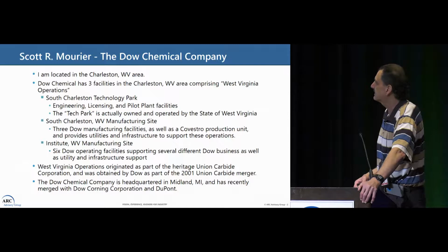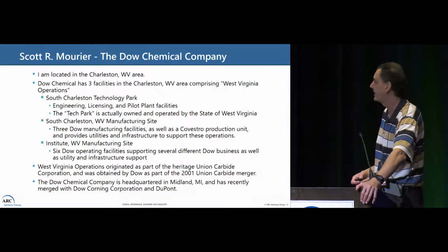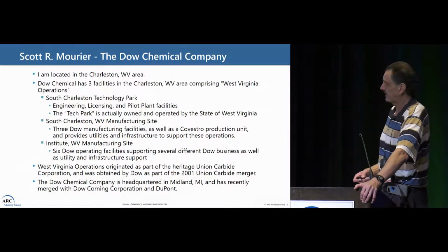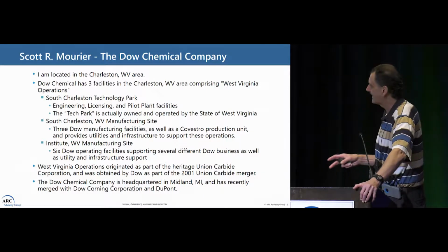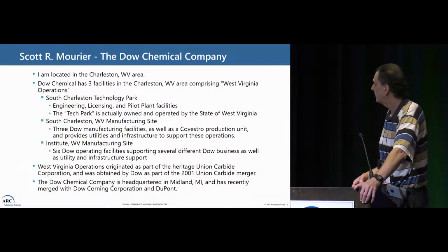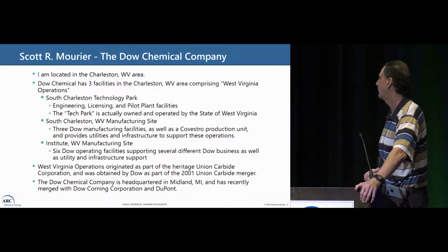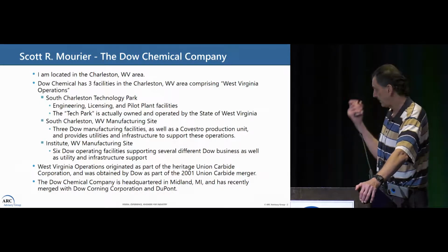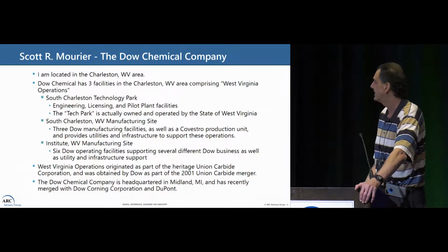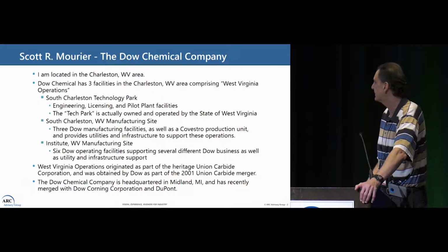The tech park is actually owned and operated by the state of West Virginia as part of the Higher Education Authority. We have a manufacturing site also in the city of South Charleston. There are 3 Dow manufacturing facilities within the site, as well as a Covestro production unit, and Dow provides utilities and infrastructure to support those operations. And then we also have a manufacturing site west of those, roughly 7 to 10 miles, in Institute, West Virginia. There are 6 Dow operating facilities at that site, supporting several different Dow businesses, as well as